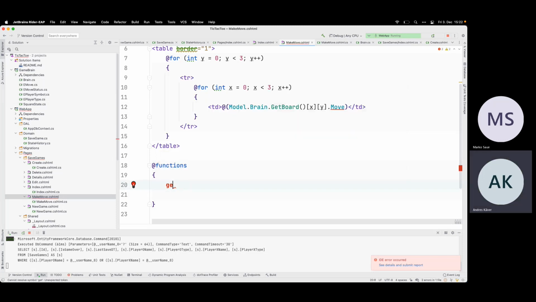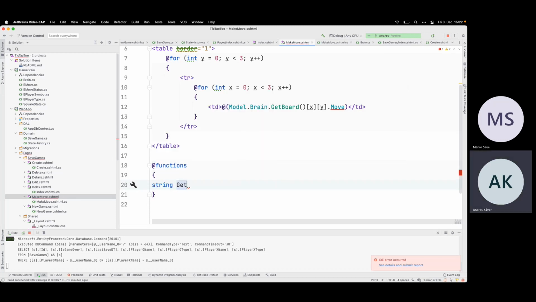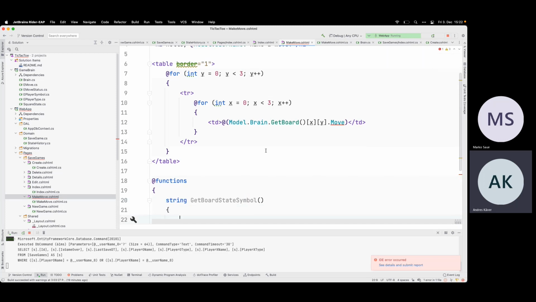String get port state symbol. And this is based on whatever this thing is returning to us. Square state.